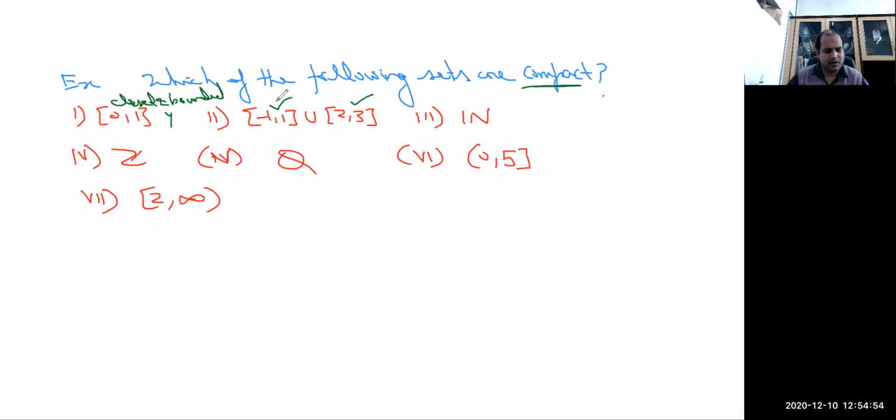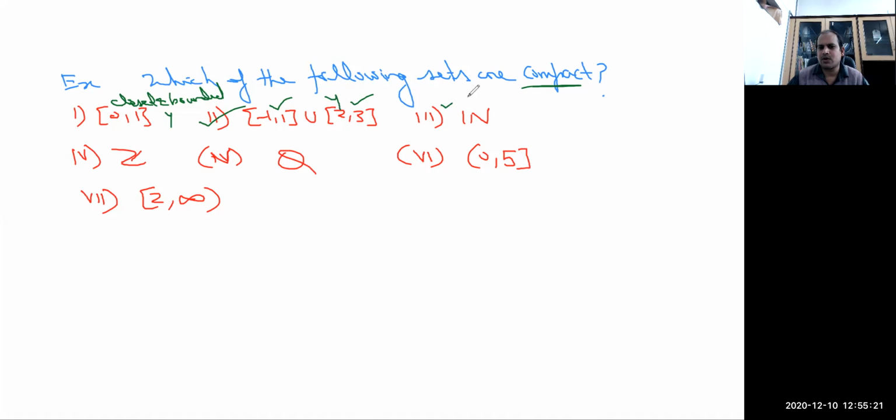In fact, this is the union of two closed sets. A finite union of closed sets is closed. So I can say that this set is closed, and closed as well as bounded because its diameter is finite. All real numbers greater than or equal to 3 are its upper bounds, and all real numbers less than or equal to -1 are its lower bounds. So clearly this set is bounded. Hence by Heine-Borel theorem, this is also compact.